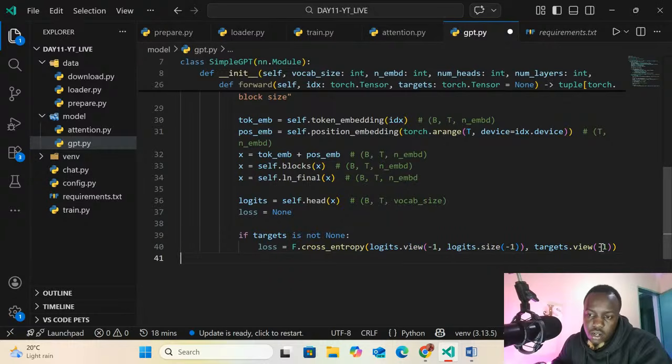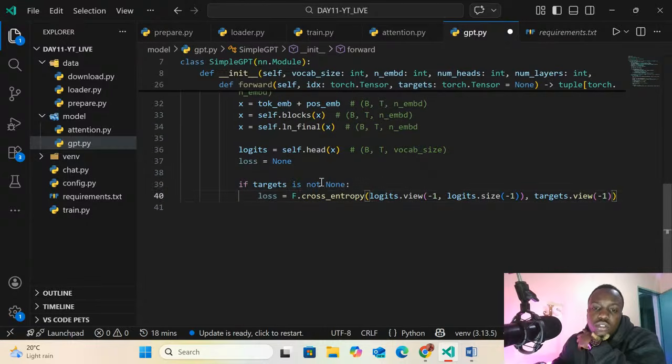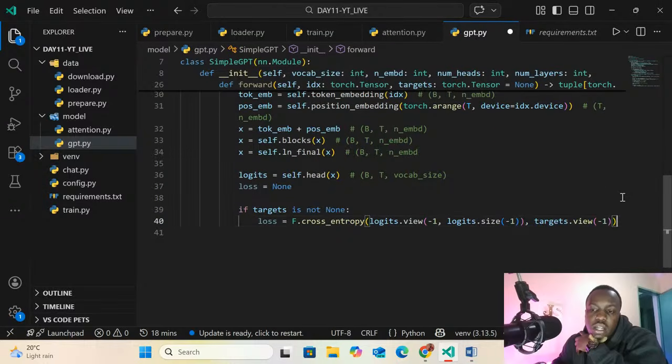If the target is not none, start calculating the loss that is occurring during the training and outputting of the model.